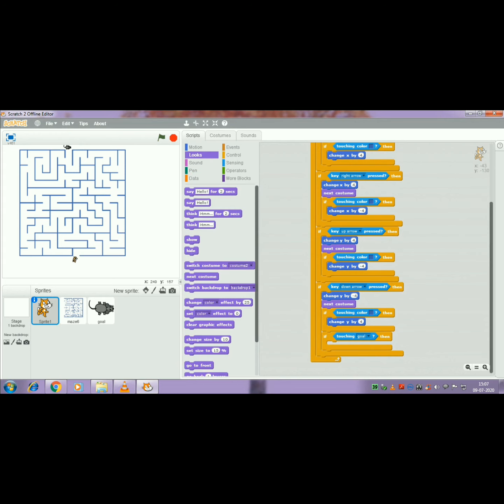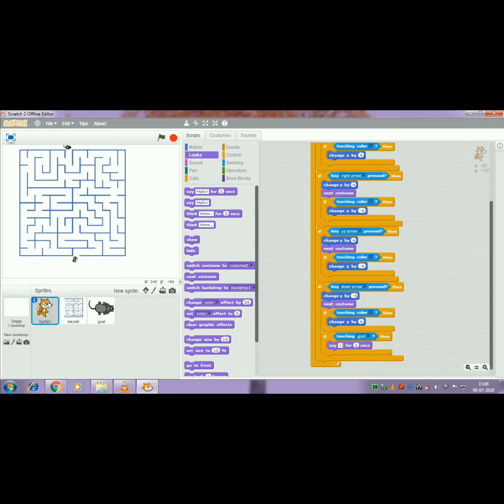Then what you have to do? Yes, after touching, what is it showing? Mouse pointer, no? After that, you have one inverted triangle. Click over there and select goal from that. And then what you have to do?